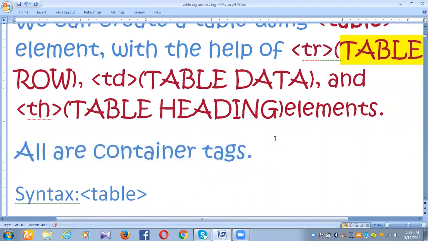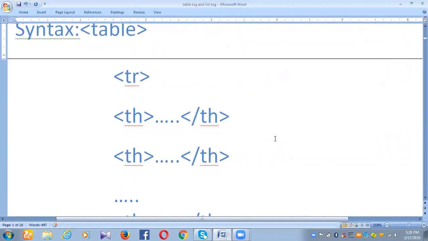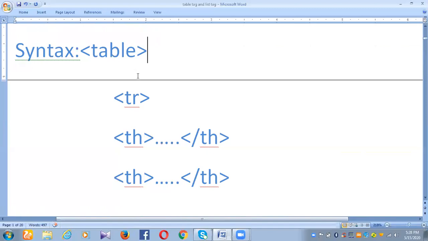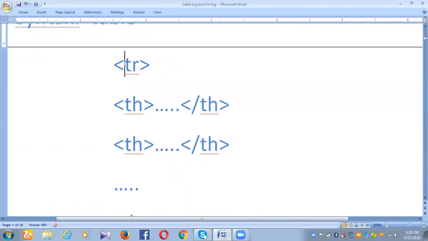Now let me take you through the syntax. You start with the table tag, and it is written inside the body part only. Once you open the table tag, you open your tr tag, which is the table row tag.